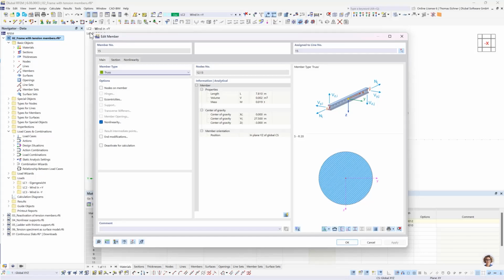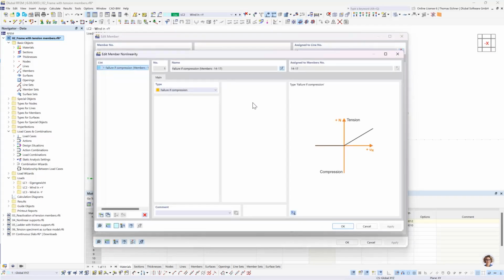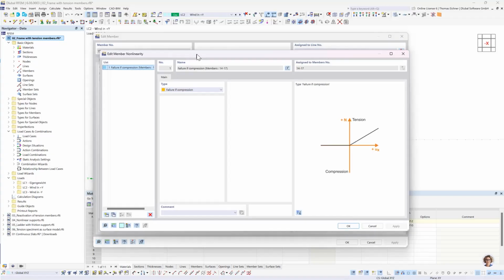In this case, we have a member nonlinearity. Let's look at it. Okay, failure of compression is already defined. Go into this member nonlinearity, failure of compression. There we have also